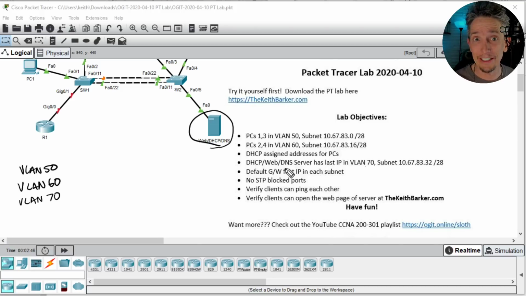And so what I would like to do is identify what are the ranges for these subnets 50 and 60 that belong to VLAN 50 and 60. The subnets, what are these subnets associated with VLANs 50 and 60, and also VLAN 70, that subnet, what is the range for that? Now, if you're new to IPv4 addressing and subnetting and custom subnetting and VLSM, variable netmasks,